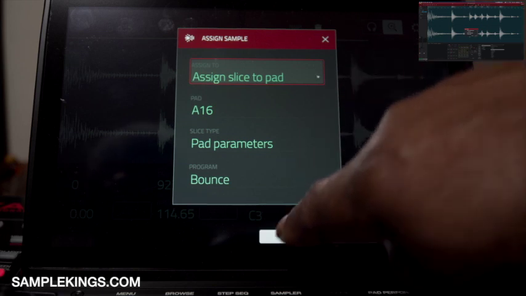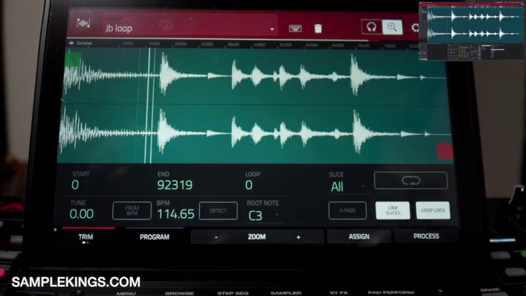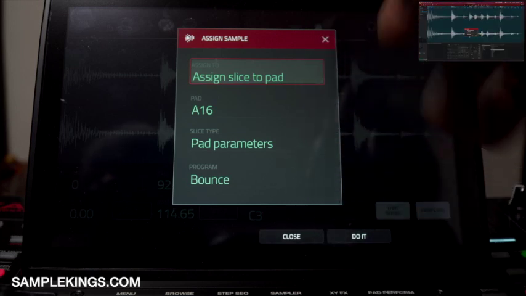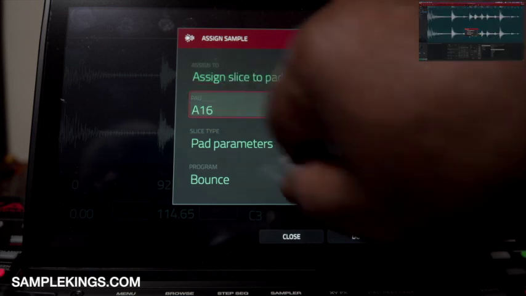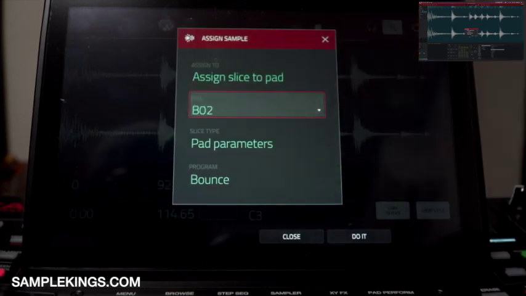Now let's close this out. This is the slice I have here, which is this one sample. If I play it here, that's the full loop size. I'll just press the sign, and it says assign slice to pad. I can pick the pad, close this out. I can even turn my data wheel and decide which pad I want to assign that